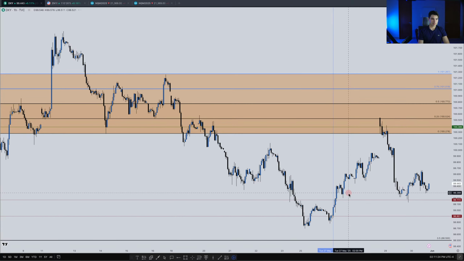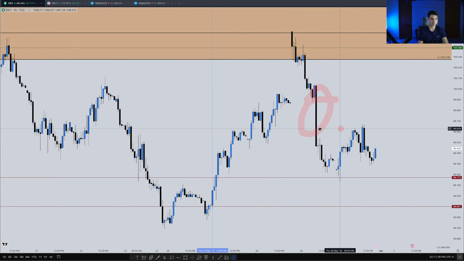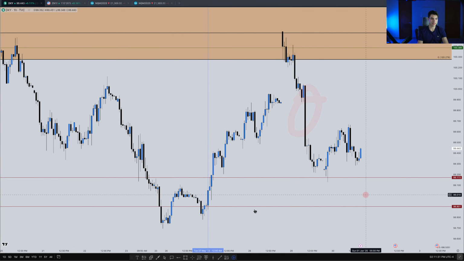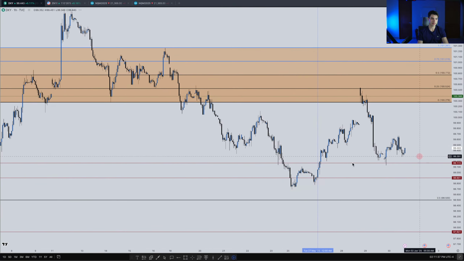Hourly chart. We have this large inefficiency here. Watch that, extend that through. If we remain below that, then my attention is on the sell side here, and then the other downside targets that I'm sharing with you guys. 50% of that weekly wick here, and then the sell side down here.